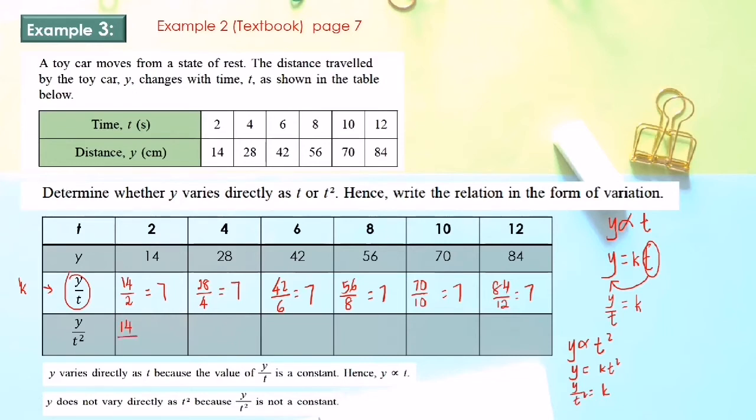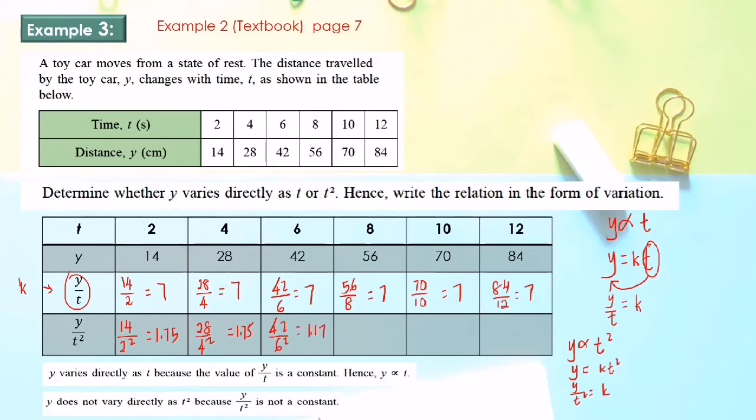Okay, look at the first one. Y over t square, t is 2, 2 square equals to 4. So 14 over 4 equals to 3.5. Okay, next, 28 over 4 square equals to 1.75. Okay, now 42 over 6 square equals to